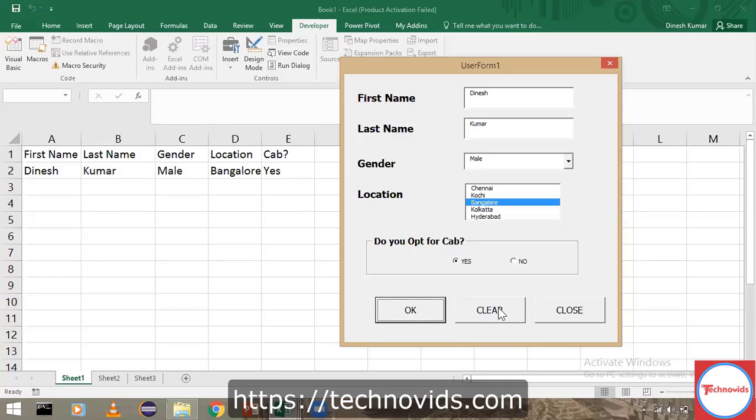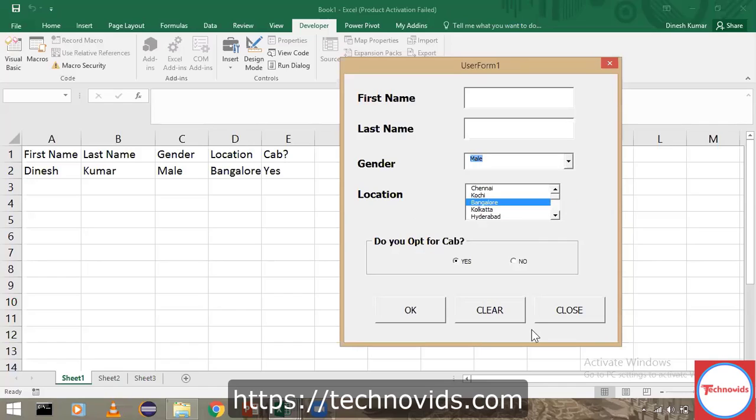Now if I just click on this clear button, your first name is gone, last name is gone, perfect. This is being selected by default, that is also perfect. Now if you see this gender drop down, you would see male, female, male, female, two times it is getting repeated. That means it keeps appending. Whenever you click on clear button, I click it once again, you see it'll add one more time. So it keeps appending it.